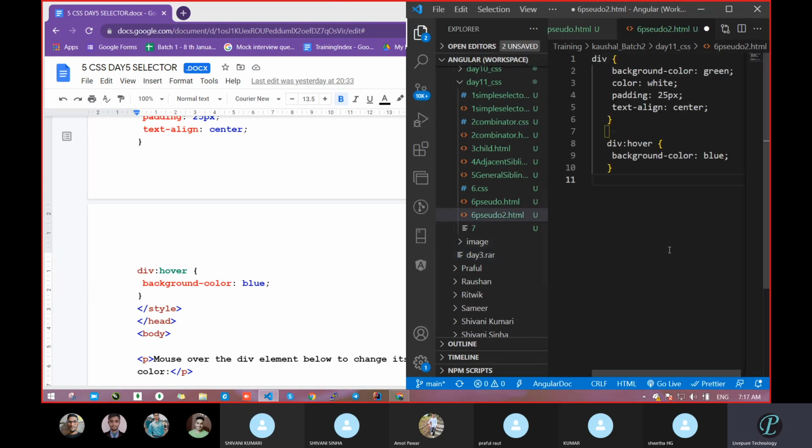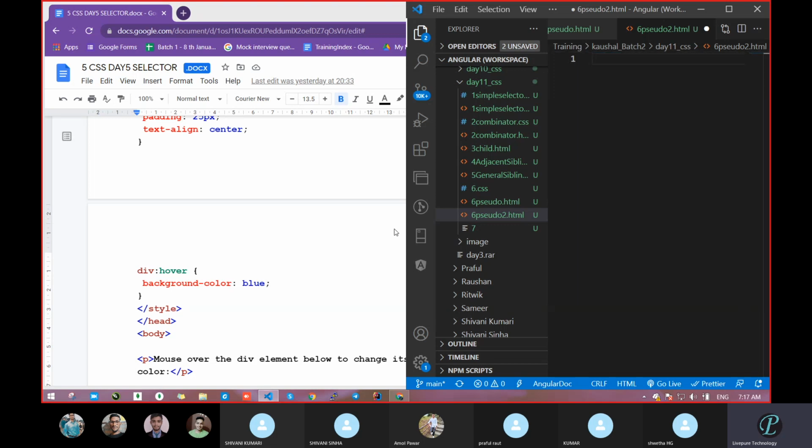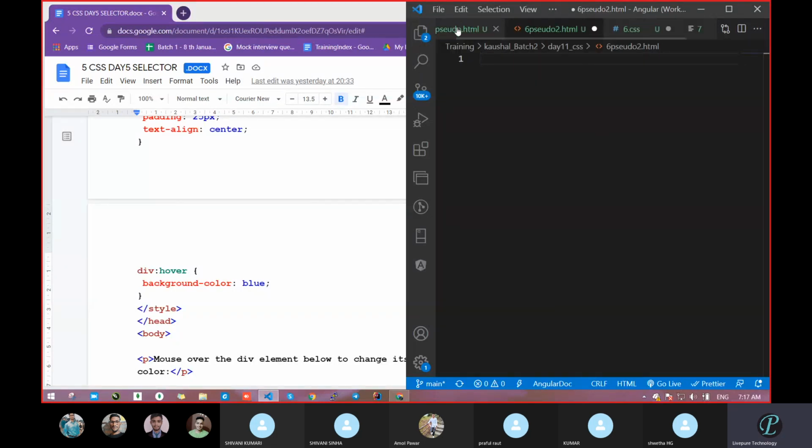Once you get clearance regarding each line of code, not only in HTML but in any language, when you start studying another language also, then you will realize that programming is easy. Otherwise, if not, it will look complicated. So just try to get an idea regarding each line of code.